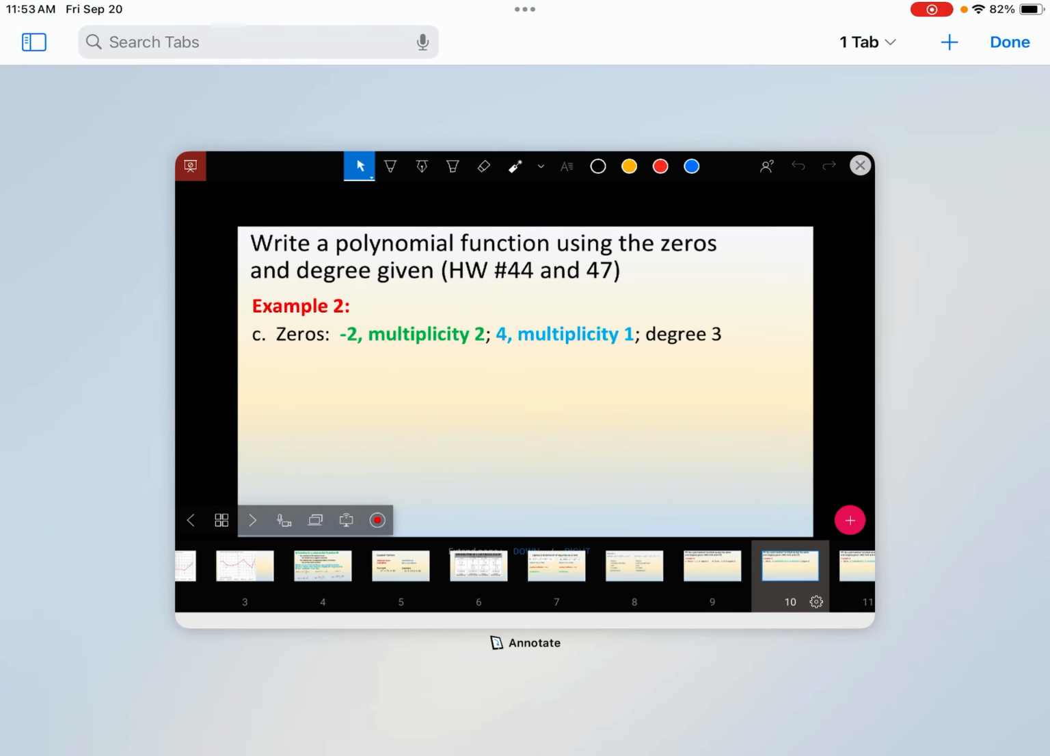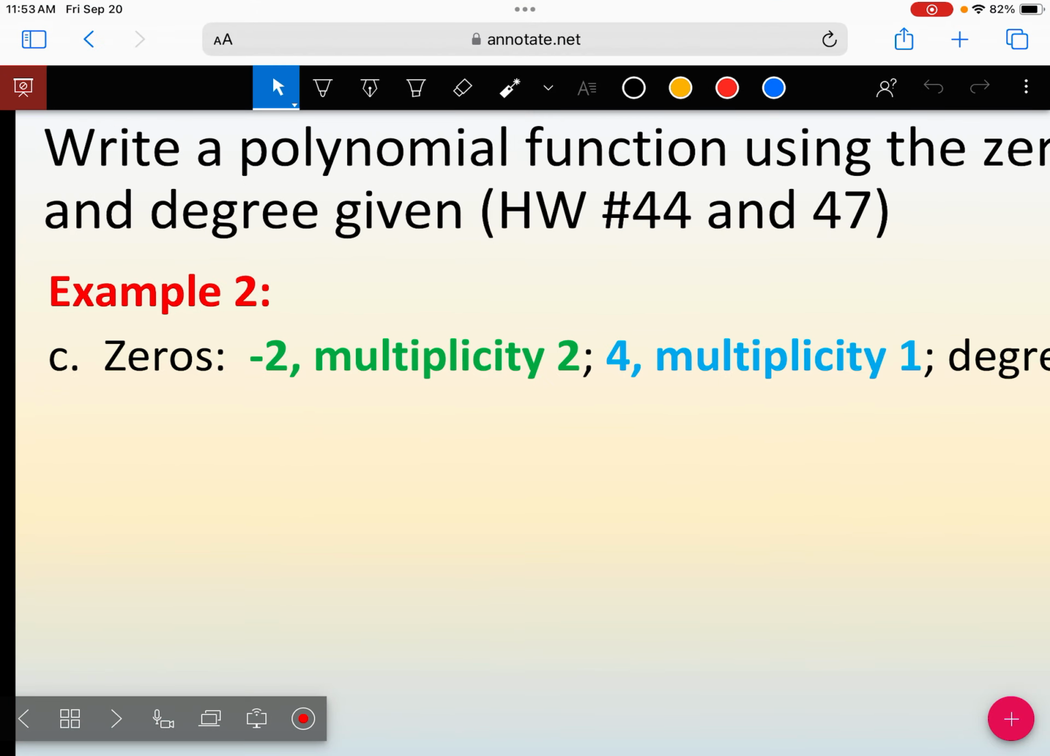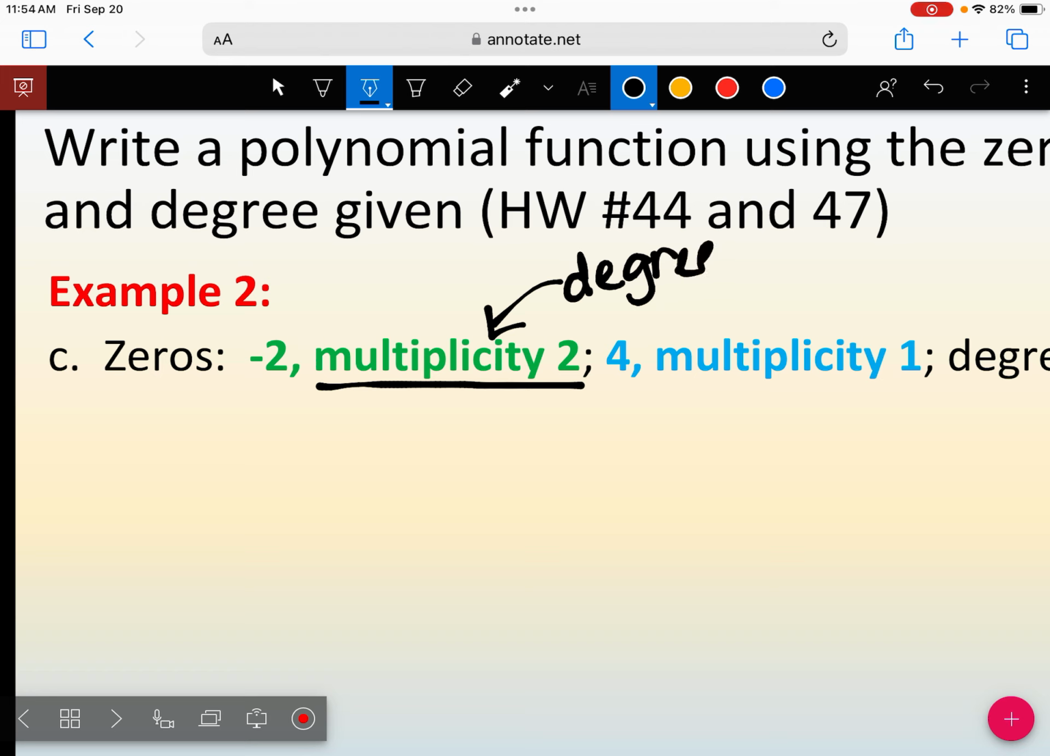Multiplicity. So multiplicity is simply a fancy word, but it's really not a fancy meaning. It just means your degree. That's the degree of the factor. Okay, because we have two zeros. We have a 0 at -2 and we have a 0 at +4. For my first factor,